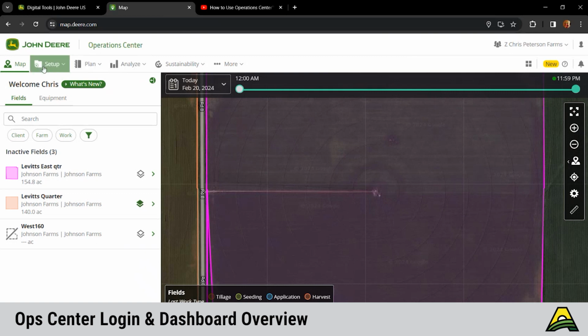So up here across the top, we have it set up in order of our next season. So we've got our setup